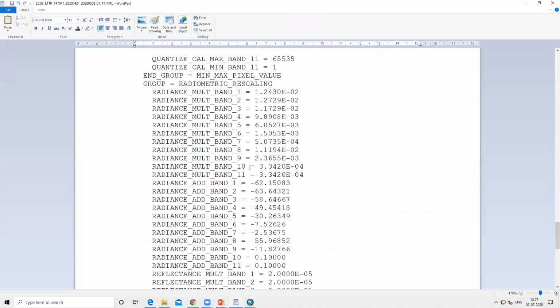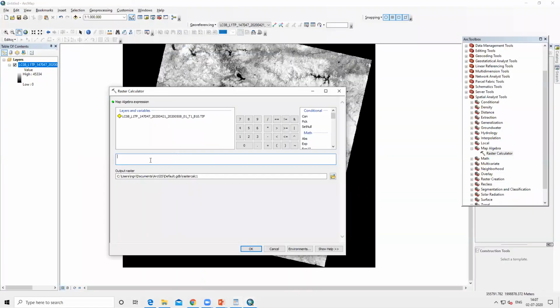Okay, so this value I have shown you, this is 3.1420e-04 is showing. So we'll convert it: 0.00040 we have to add, then 3342. I will cut this from here and I will paste it into the Raster Calculator. So first I have taken the value of ML into,